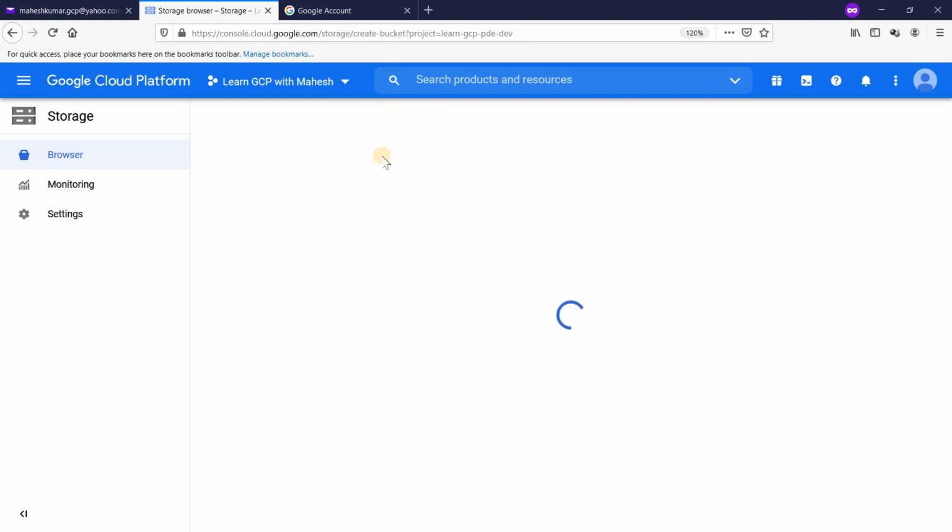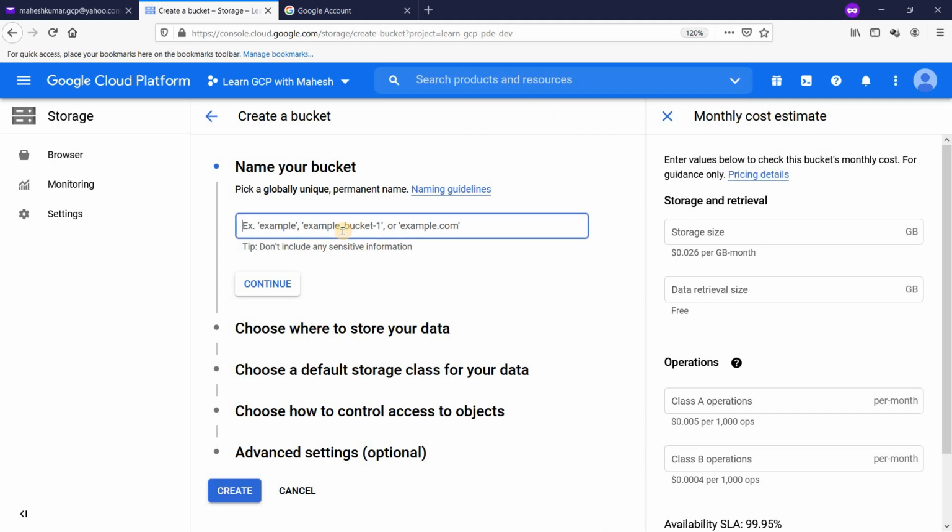I'm just going to create quickly a storage bucket, something with the project ID, which is not a good practice. Project ID should never be used, but for the quick thing I'm trying to show here, let me see whether I can.